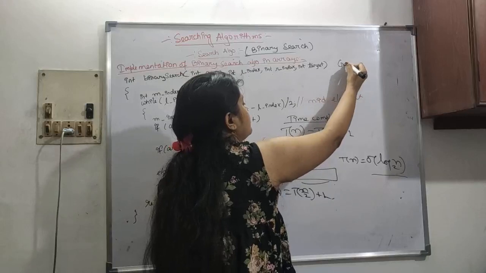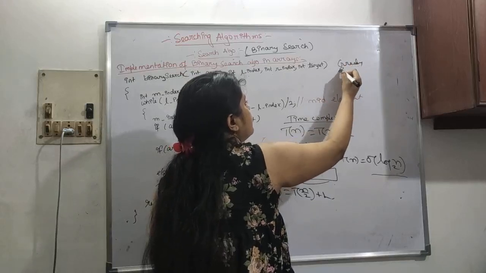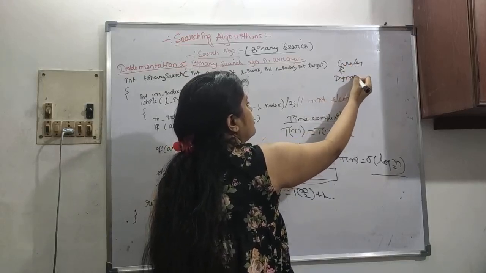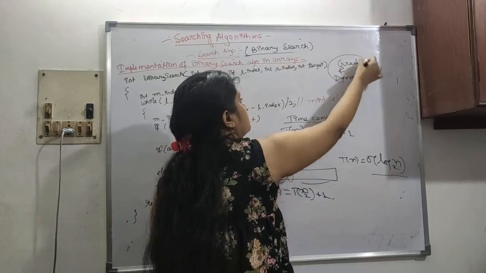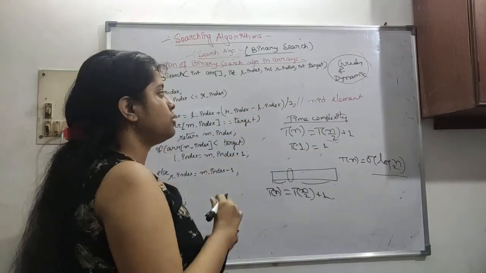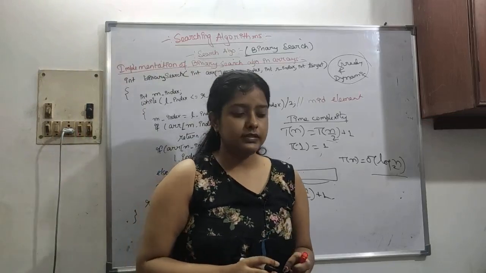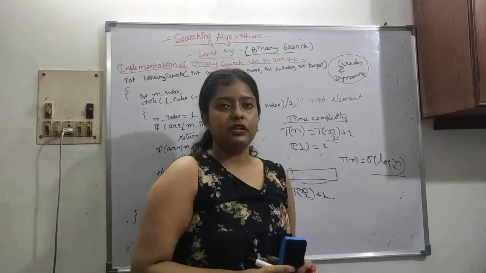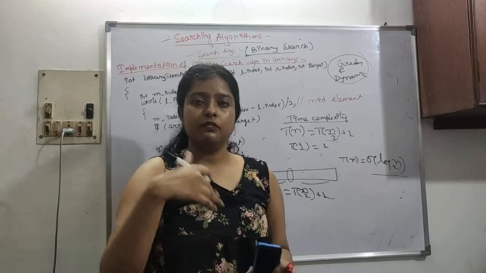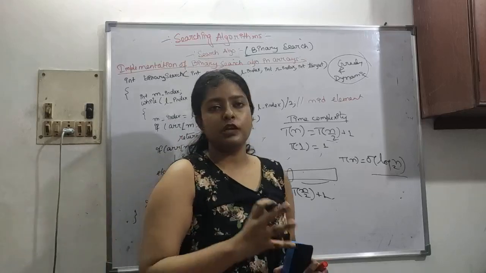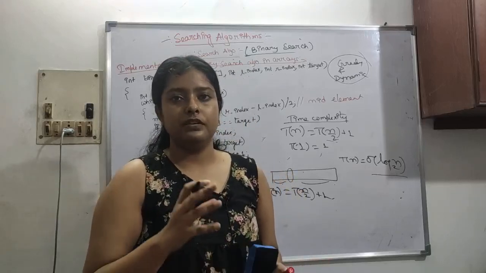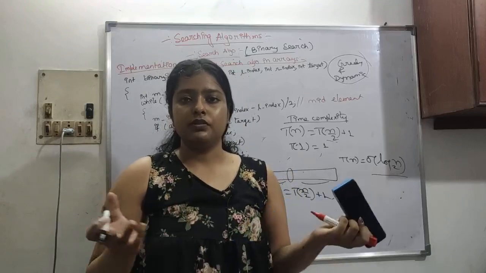We are left with two types of algorithms, that is greedy and dynamic. Both of them are important, not very tricky, but important. We will continue with this. Before that, we will do PYQs and some important questions. Then we will move on to greedy and dynamic, and that will be the end of the DAA course. Then we will start with TOC.